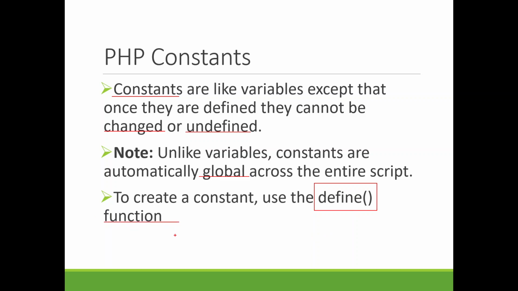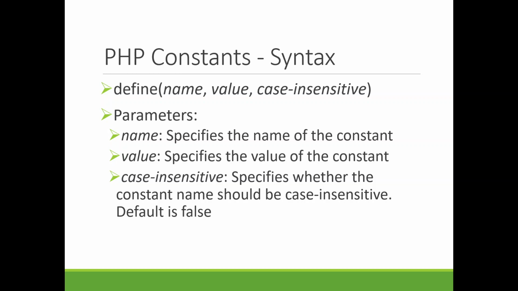So we have a function called define. Now, here, the define function takes 3 parameters. The first one is the name of the constant. The second one is the value that you want to assign the constant. And lastly, you can enter either true or false. Now, this is used to specify whether the constant name